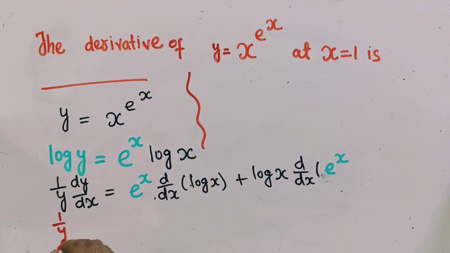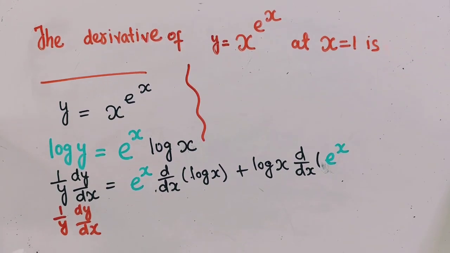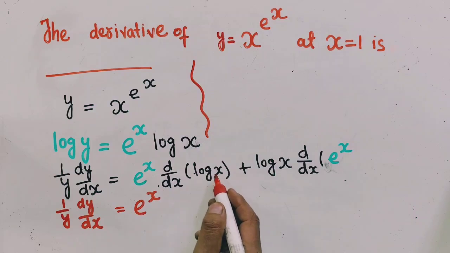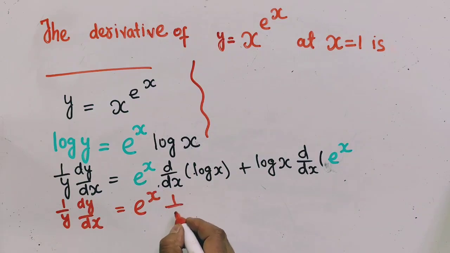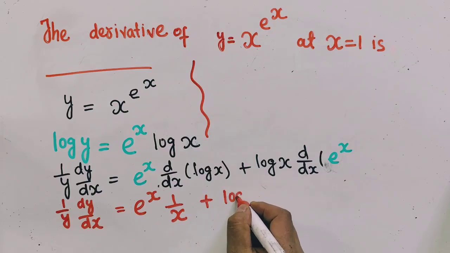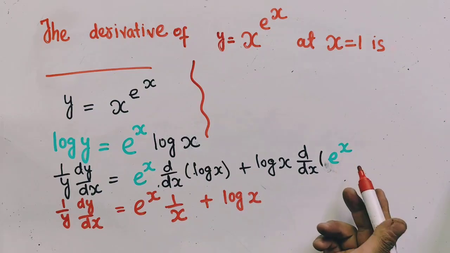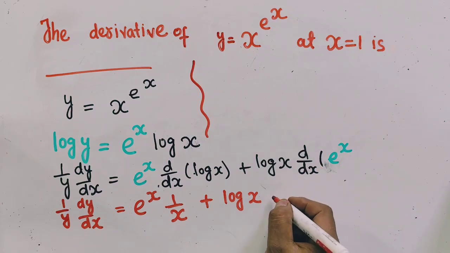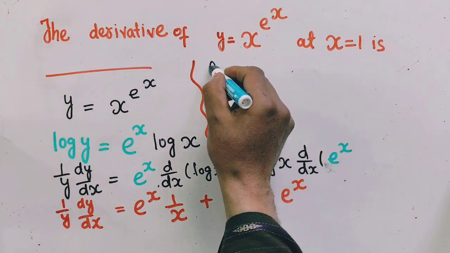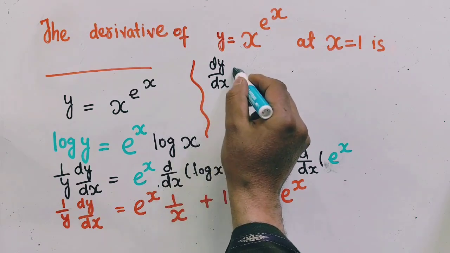So we have 1 upon y dy upon dx is equal to, now we have e raised power x, derivative of log of x, we know it is 1 upon x, plus log of x times the derivative of e raised power x is e raised power x, okay, times e raised power x, we know that. Then dy upon dx will be equal to,